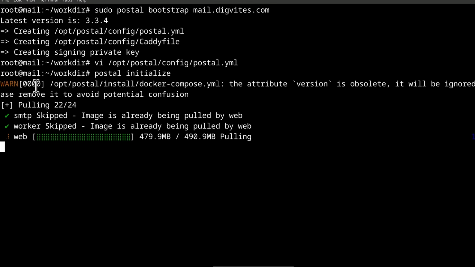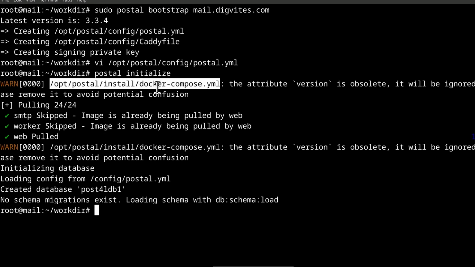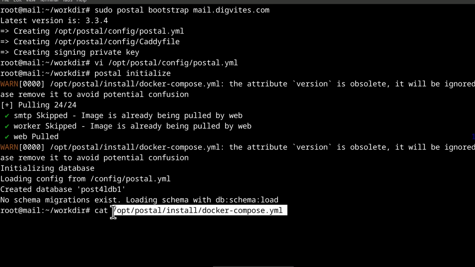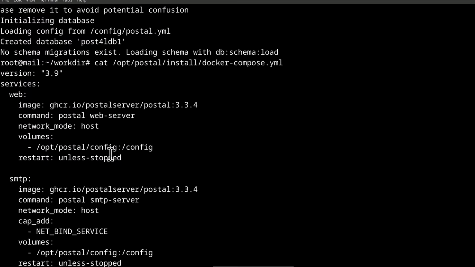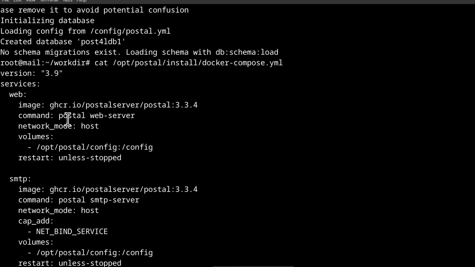And so you can see this is where you can see the Docker Compose. If you go to this, this is what you downloaded with GitHub. This means that everything went well. If you don't see any error, everything went well. So you can look at the Docker Compose. That is the bare minimum Docker Compose. So the error you're seeing up here is because of that. You can just remove that, but just leave it. Maybe in the next release, they will edit this out.